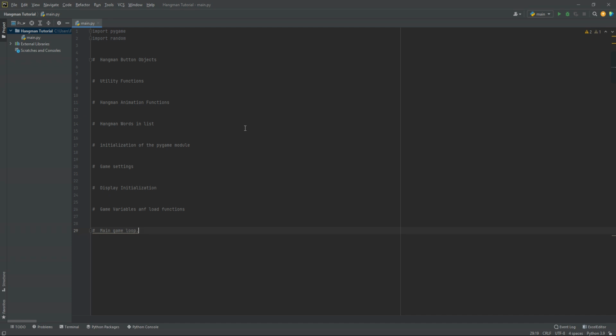While we're in this video creating our little Hangman game, I think we should start off by putting in the basics for our Pygame: the straightforward basic items for running Pygame, the main game loop, the Pygame init and things like that. So let's go ahead and do that. Here under our initialization of the Pygame module, we're going to go pygame.init. Under our display section, not game settings,